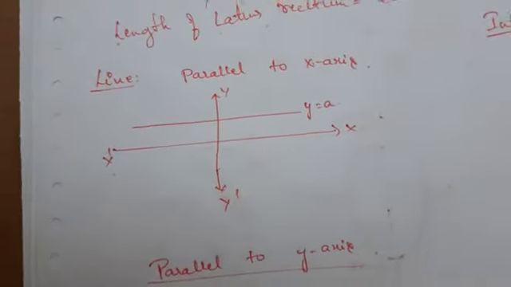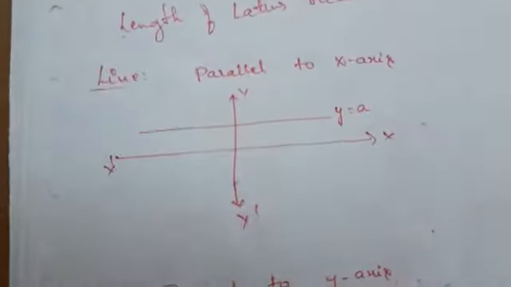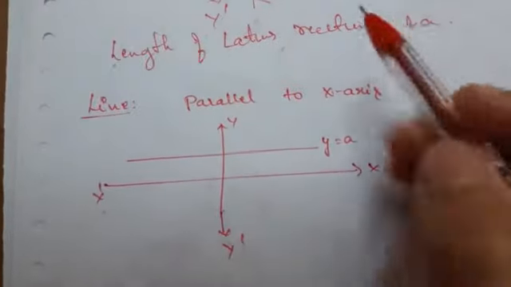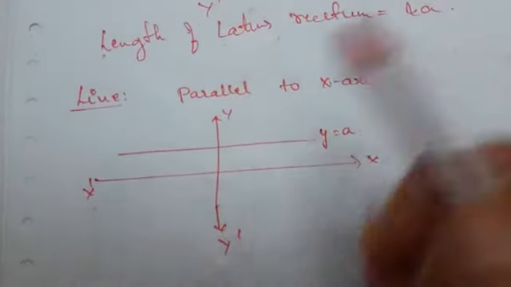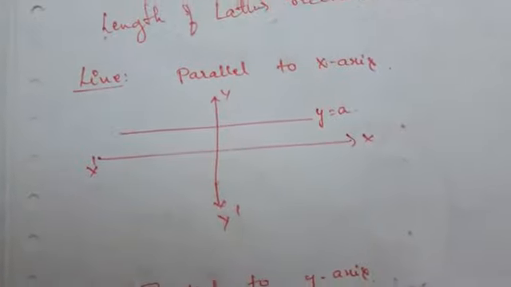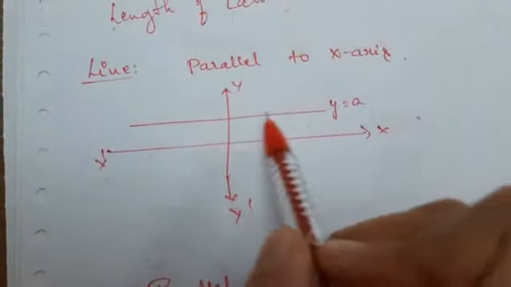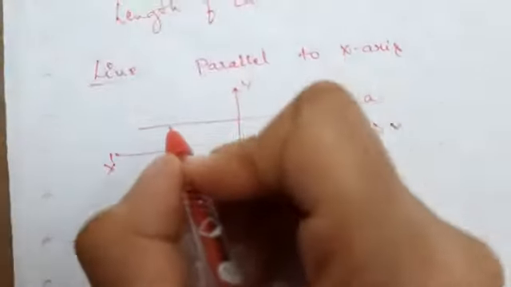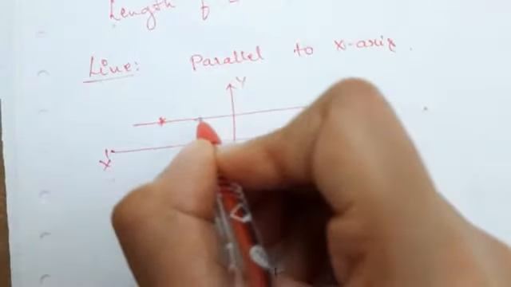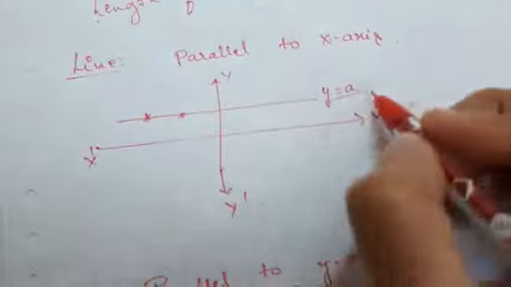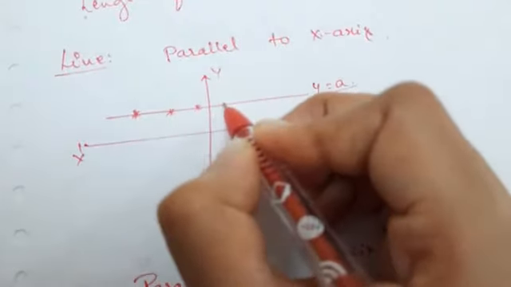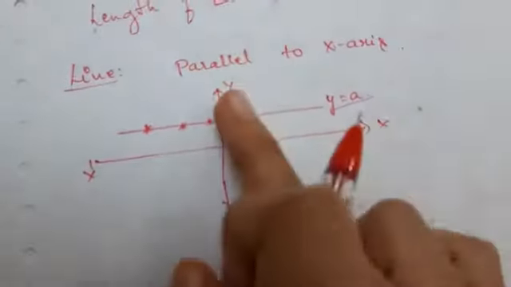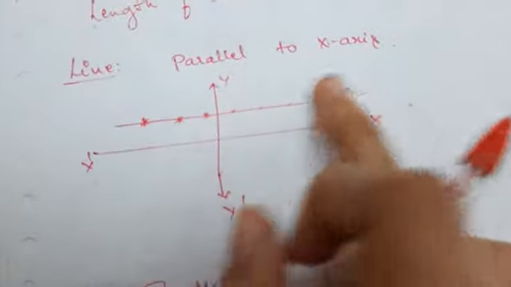The next thing which we need to come across is under the concept of straight lines. The first thing is the line parallel to x-axis. When any line is parallel to x-axis, the equation of the line will be y is equal to a. If I take any point upon that line y is equal to a, only our x coordinate is going to change, our y coordinate remains as it is. So this is regarding the line which is parallel to x-axis.